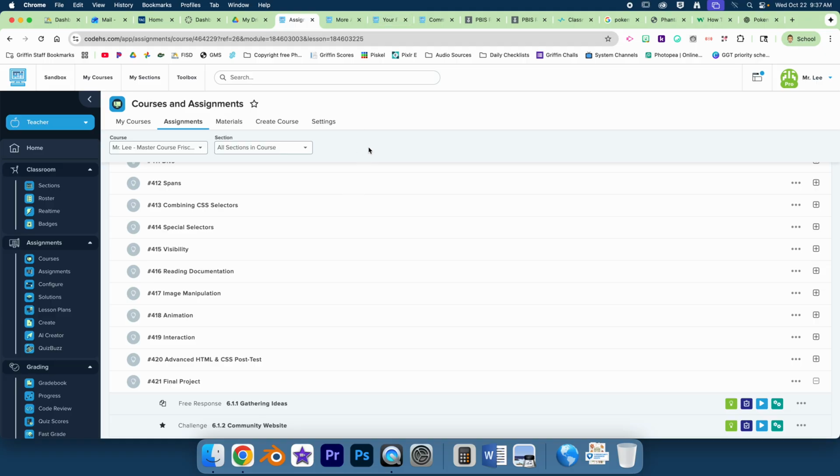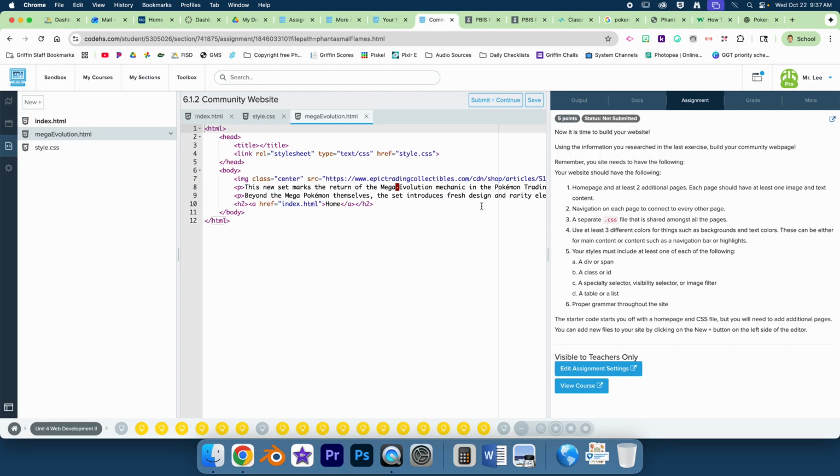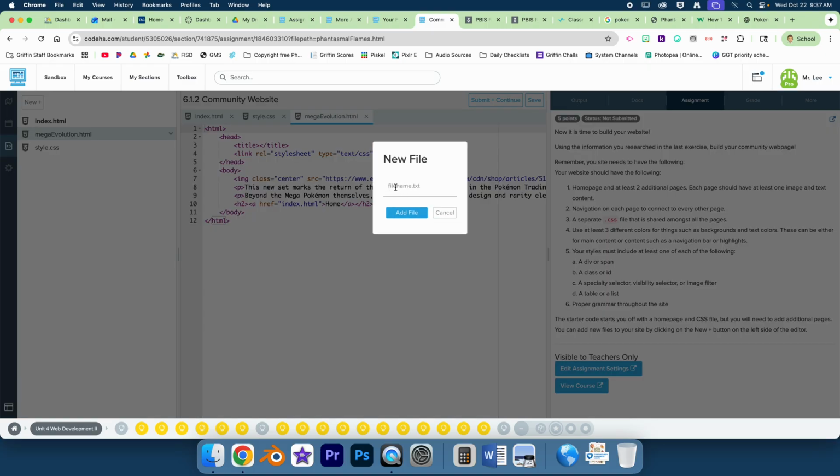Now, I do not have everything yet, but over here it says, and you won't be given any of this. In fact, let me show you what you'll be given. So you'll be given index, which will be blank, and then you'll be given style.css. So to make a new page, you're going to go to New, File, and then you're going to name it whatever you want, .html. Okay? So for me,